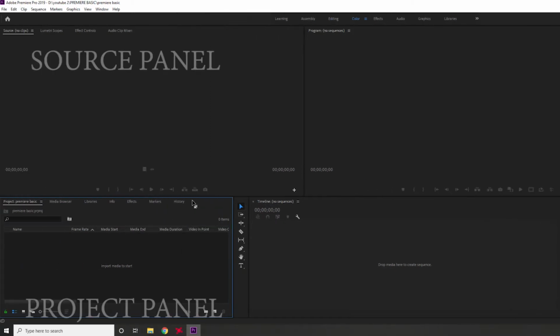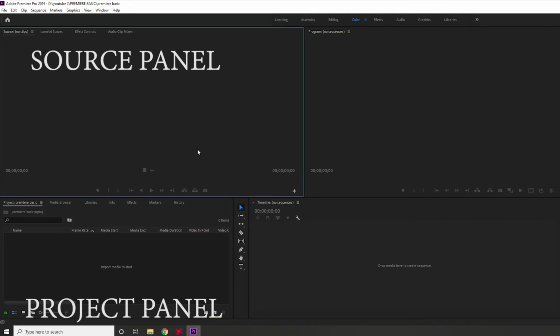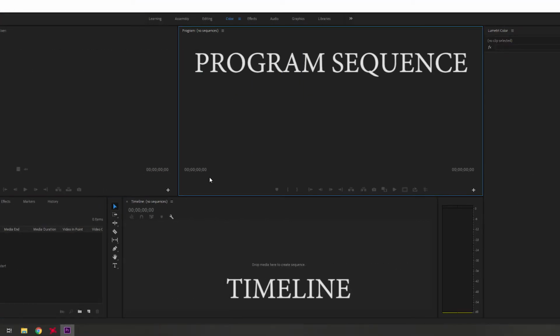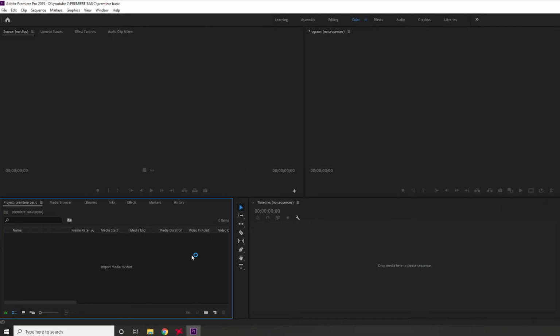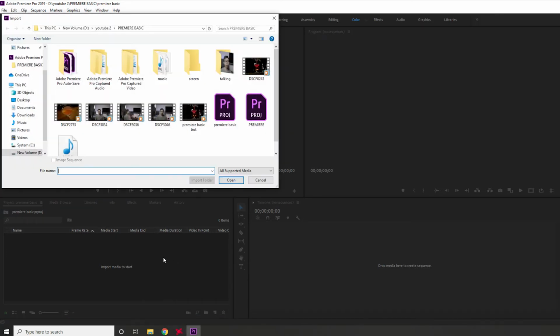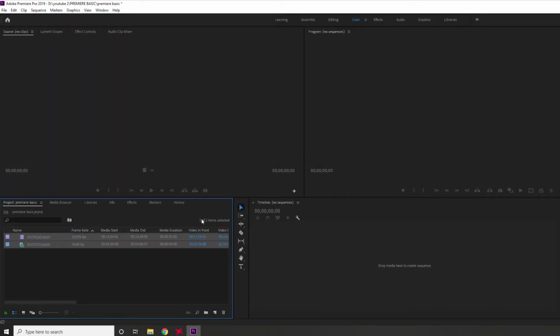We have the project panel here, the source panel, program panel, and timeline panel. In the project panel, this is the place where you import your video that you took, music or sound effects. To do that, just simply double click the area and choose the video that you will import. I'm gonna use these two clips for the video,